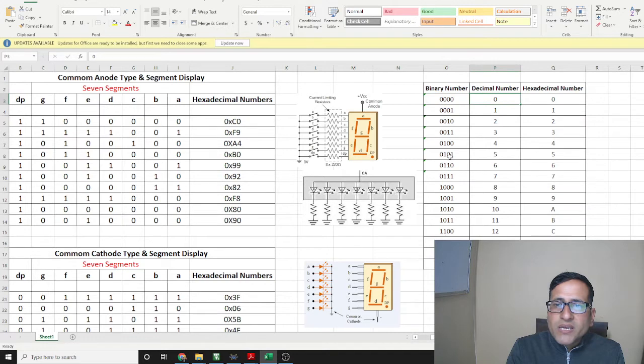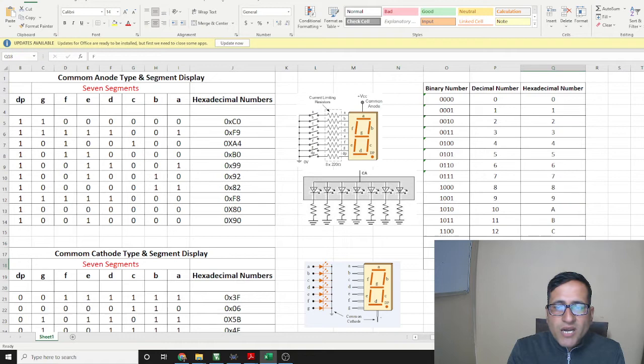You can see 0, 1, 0, 1 is 5, likewise 1, 0, 0, 1 is 9. These 4 digits combined are called a nibble, and in the hexadecimal numbers, up to 9 we have the same numbers, and from 10 above we have A, B, C, D, E and F.